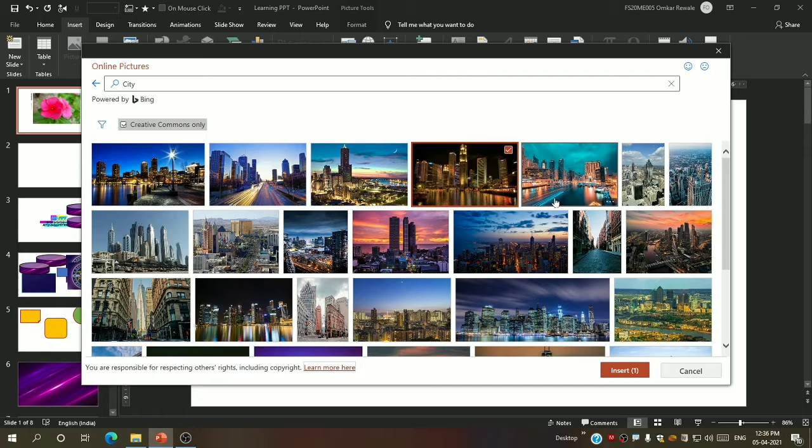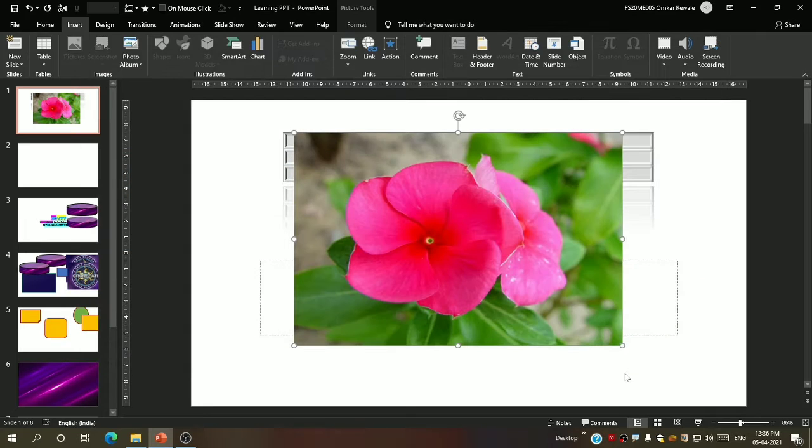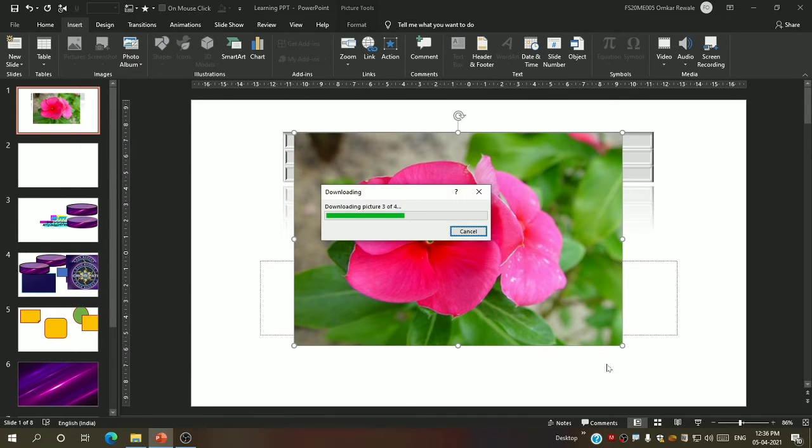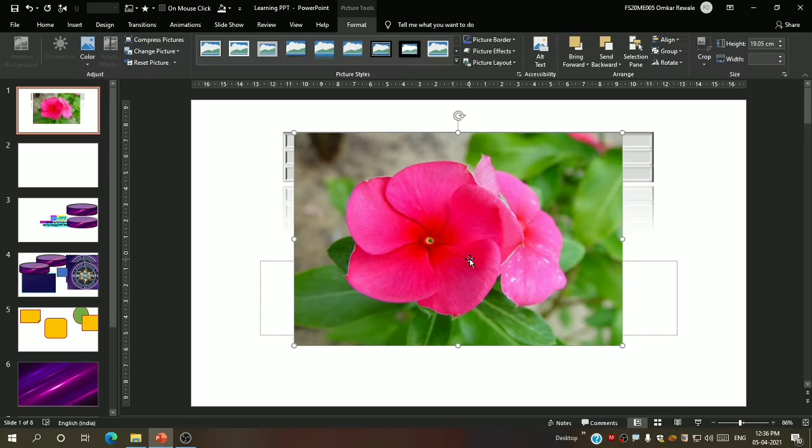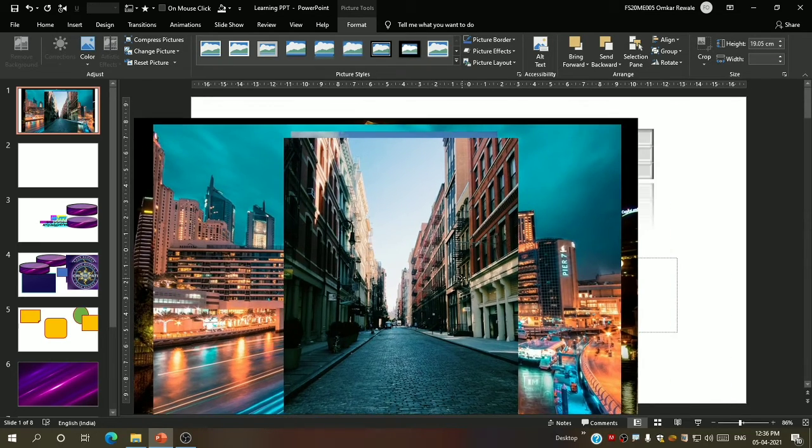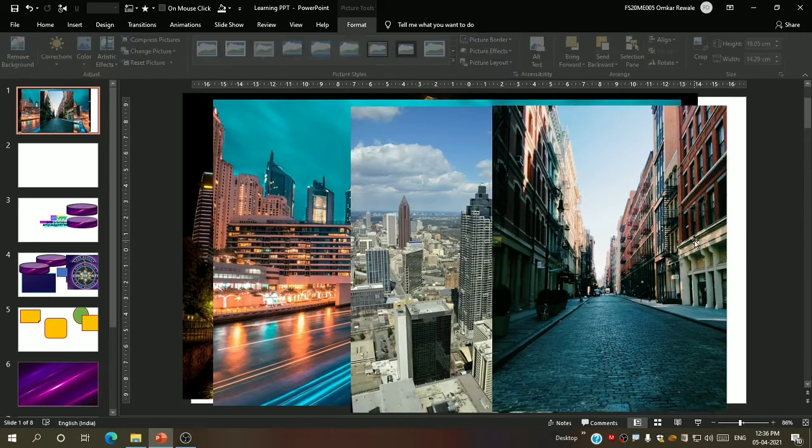Now for example, if you have to select multiple pictures, then press and hold control on your keyboard and select multiple pictures and then say insert. See, the four pictures are inserted.